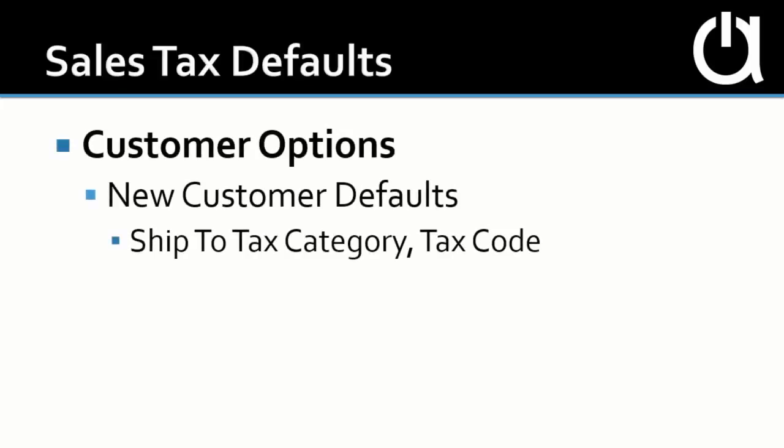Okay, so let's talk about the defaults that you set up in Acctivate. There's a couple of sections in configuration where sales tax defaults are set up. The first section is in the customer options. Here you can set defaults for new customers to utilize a specific ship to tax category or customer tax code. If you ship mostly out of state or within a certain jurisdiction, I would recommend setting a default ship to tax category. If not, you can leave it blank to set for each new ship to location once you create